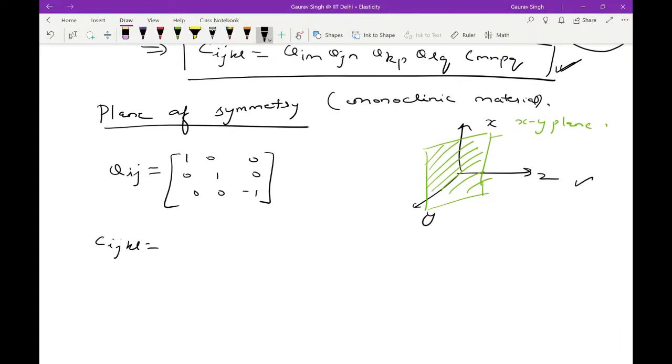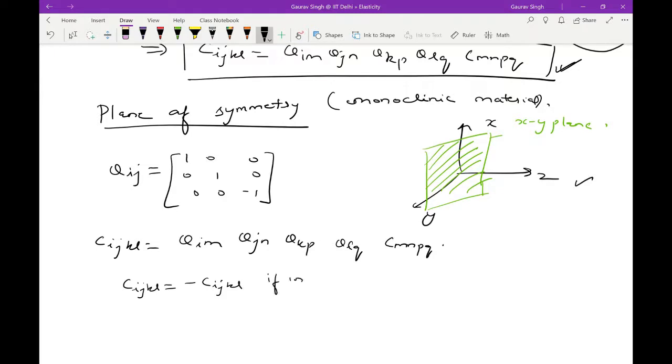Cijkl is equal to Qim Qjn Qkp Qlq Cmnpq. Now, once you put this over here, you will be able to see that Cijkl is equal to minus Cijkl